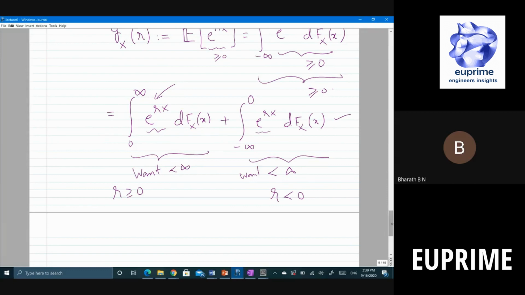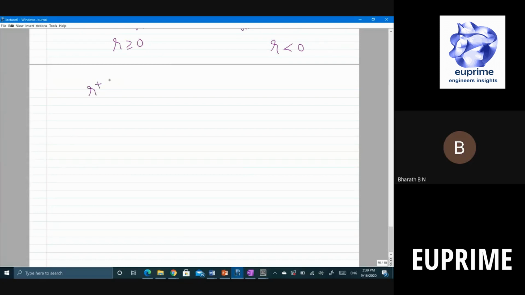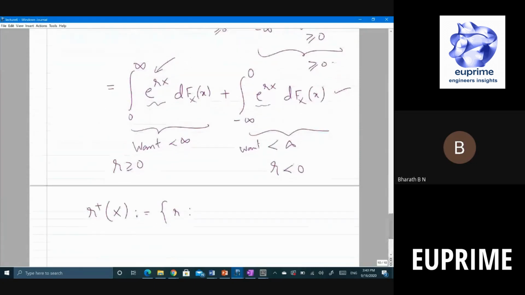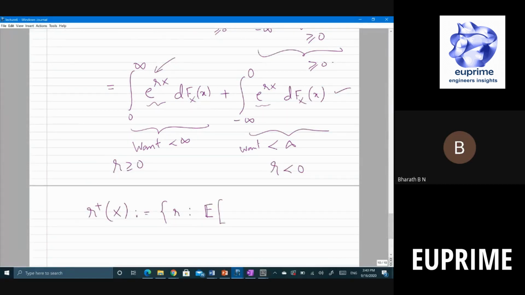So what I will do is collect in the set R plus of X the set of all r such that the integral exists. In other words, the expected value of e power rx is less than infinity and r is positive. Well, equal to doesn't matter, but I'll put equal to. R minus of X is all those r such that the expected value of e power rx